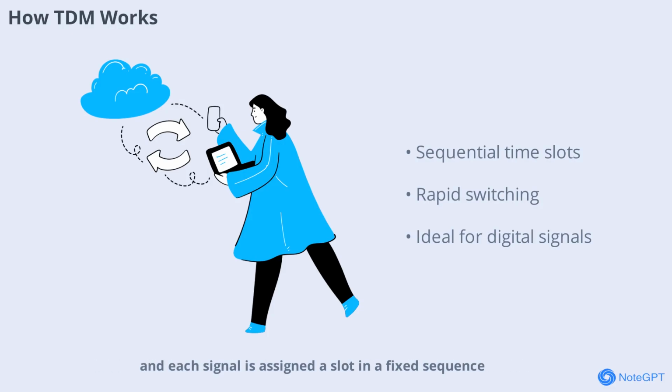The signals take turns transmitting their data one after another in rapid succession. Because the switching happens so quickly, it appears as if all signals are being sent simultaneously. At the receiving end, the process is reversed, and each signal is reconstructed from its time slots. TDM is especially effective for digital signals and is the foundation of many modern communication systems, including digital telephony and